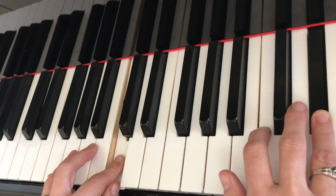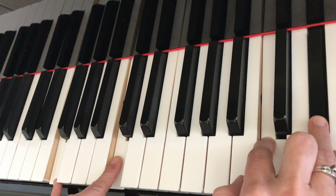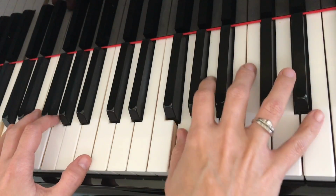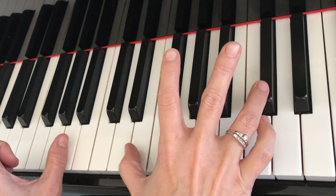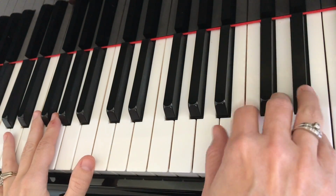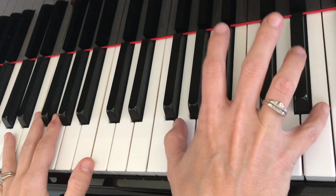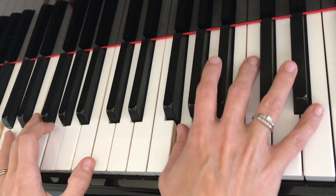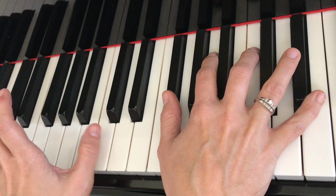So the nice thing about playing this and just kind of playing around with the 5, 6, and 7 of F7 is that on your next little part here, we're gonna go like this. Ooh, I think my piano's out of tune again. All right, try to ignore that for me. Yeah, so we're up here. And then our hand is in perfect position to play this next little descending thing so that we can get to A7. And all we're gonna do with our thumb, I messed it up that time, but...